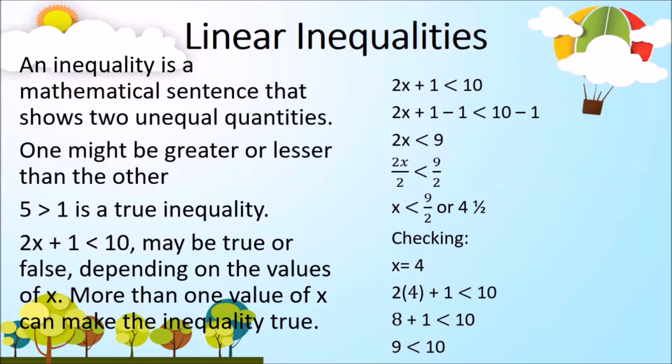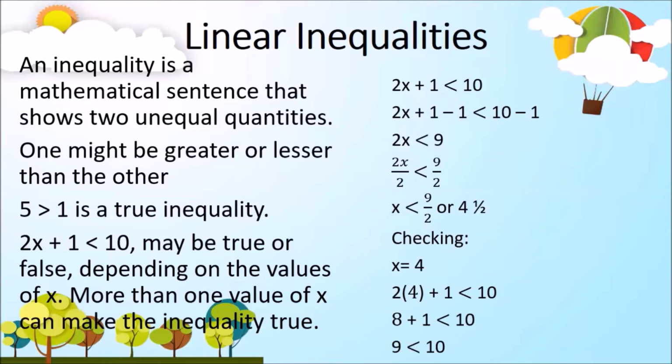So 10 is bigger than 9. So the value of x, which is 4, is possible. Then 3. So ganun din, 3 times 2 ay 6 plus 1 is 7 and 7 is less than 10. 2. 2 times 2 is 4. 4 plus 1 is 5. 5 less than 10. So, pababa hanggang infinity or negative infinity is the value of x in a linear or